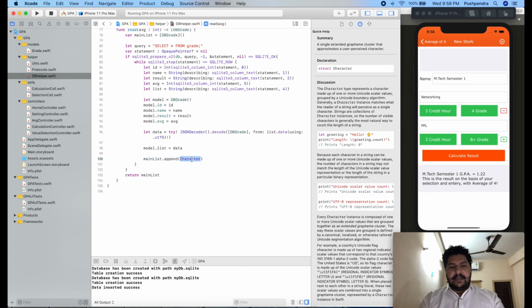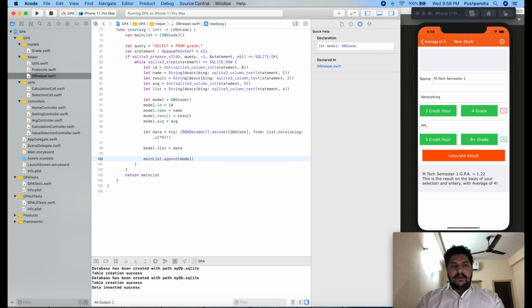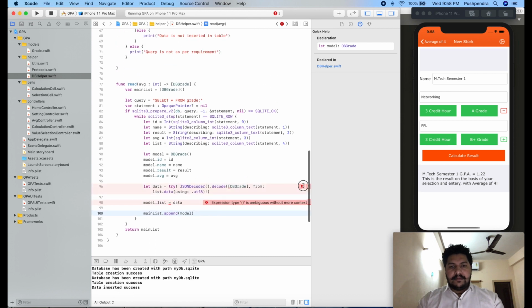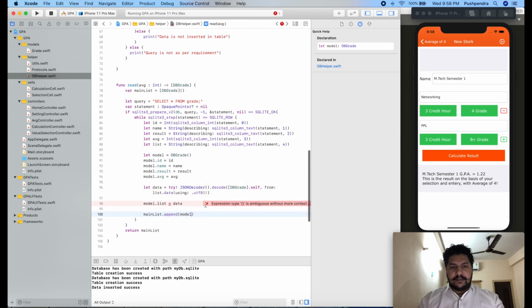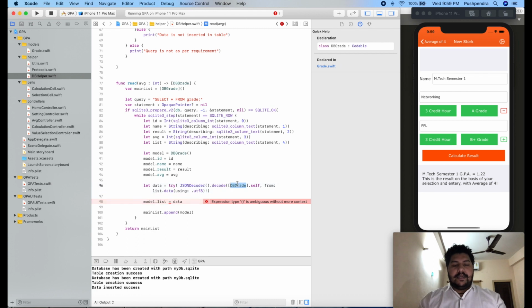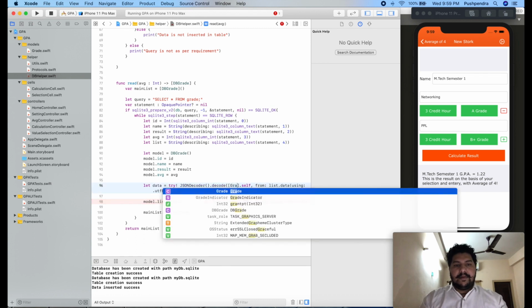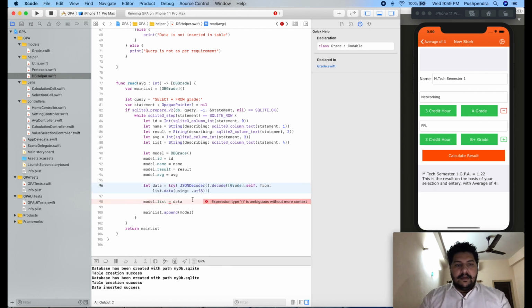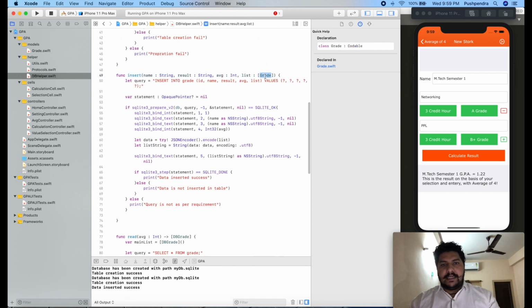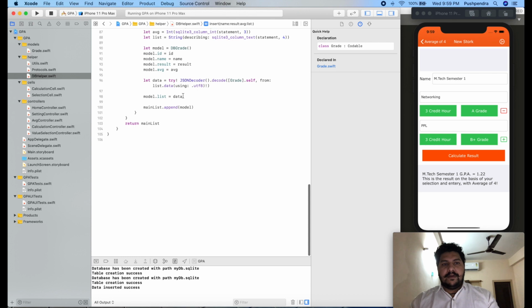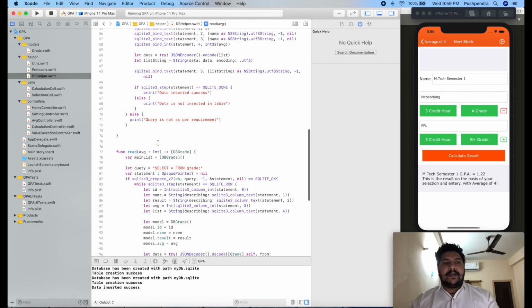And here I'll pass model. So fine guys. What is missing? Sorry, it will be type of grade, because here we are inserting grade type now, so here also it will be the same type. So finally we are done with our read statement.